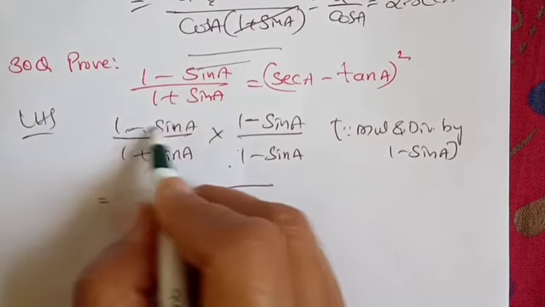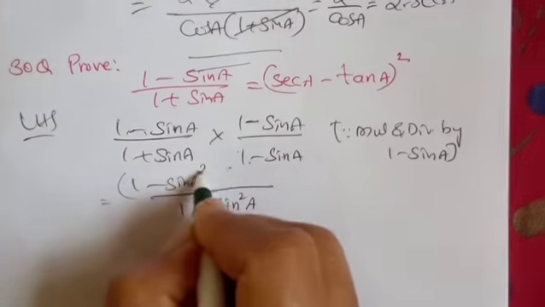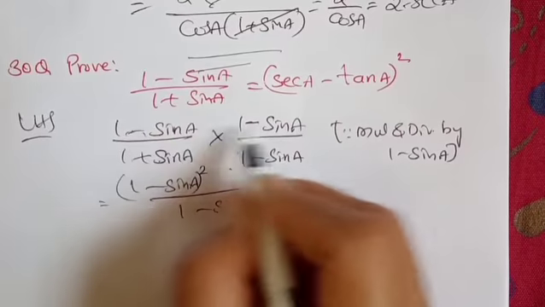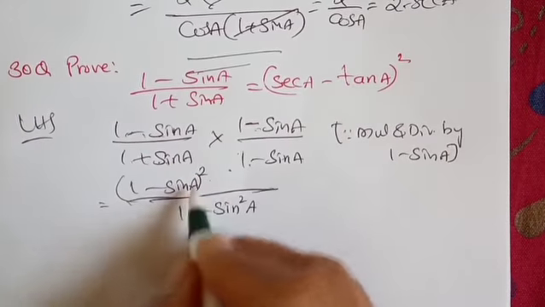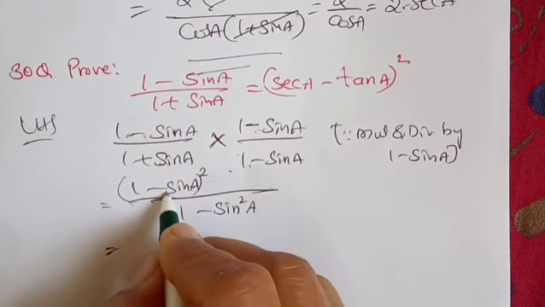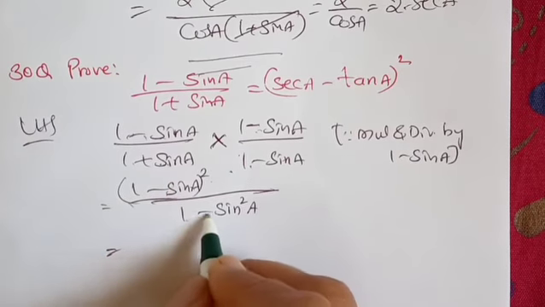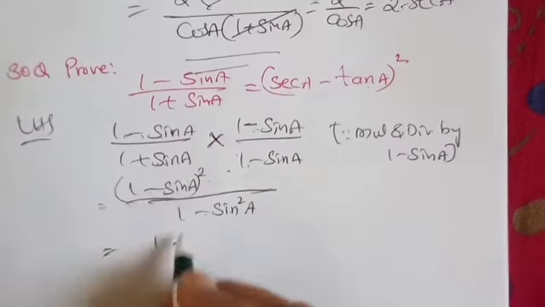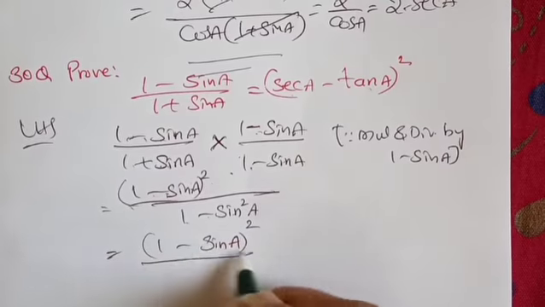Okay children, 1 minus sin A, 1 minus sin A whole square. Okay, I'm just taking LCM. Oh, so sorry, it's not LCM. We have to do product only. Okay, denominator we have done it. So now 1 minus sin A whole square and 1 minus sin square whole square. So this one we keep because RHS is a whole square. So we keep this numerator and denominator the same.